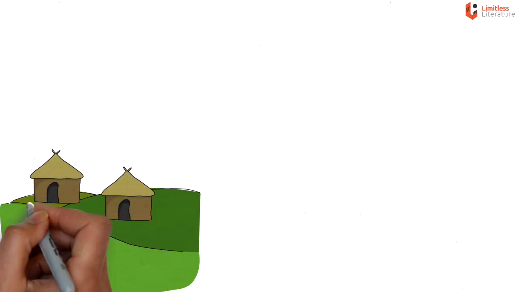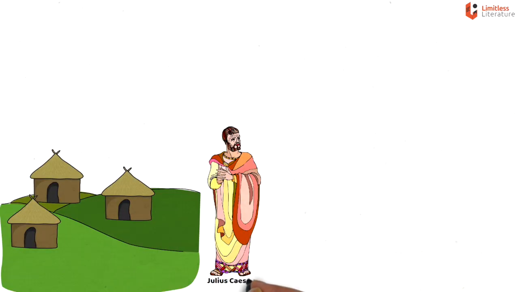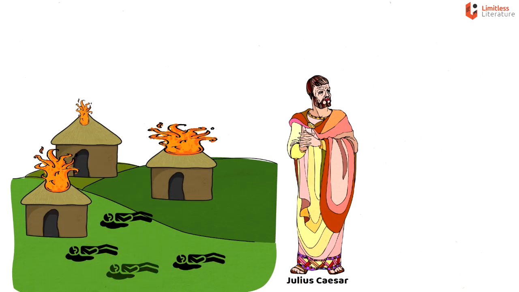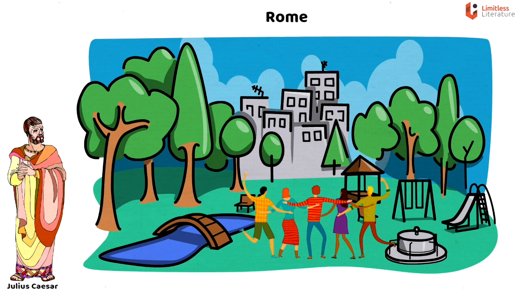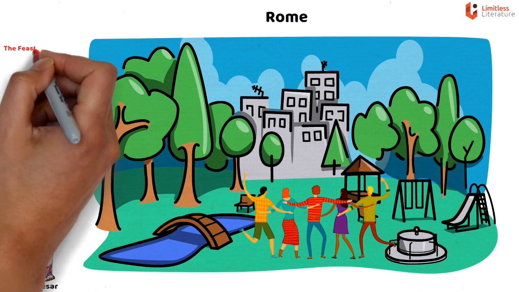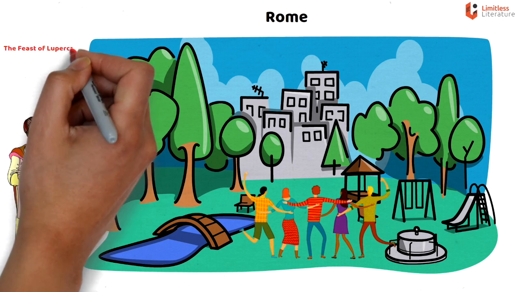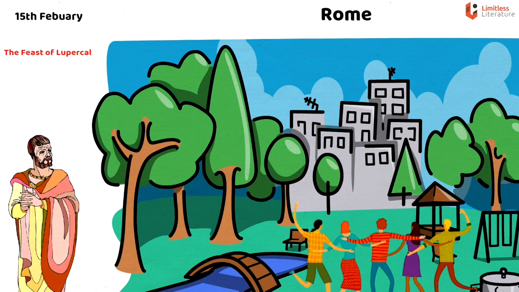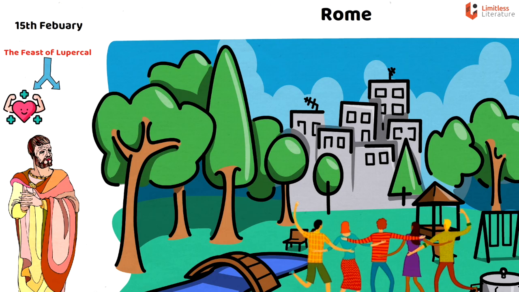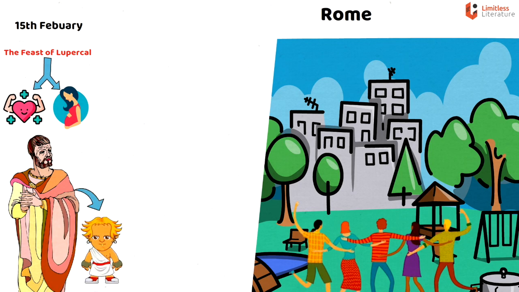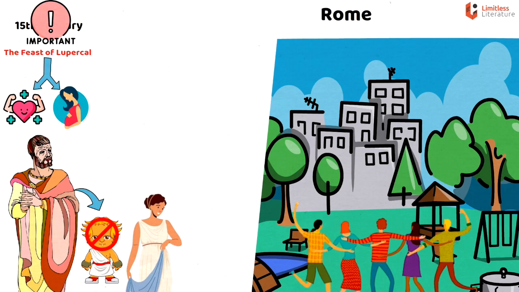So the story begins with Julius Caesar. Yes, Julius Caesar returned to Rome after winning over Pompey. He had won the battle and now he has returned to his country Rome. People are celebrating the victory, a sort of big party called the Feast of Lupercal. Generally, this festival took place on February 15th every year and it's a sign of good health and fertility. Actually, Julius Caesar did not have a child, so that festival is very important to Julius Caesar and his wife